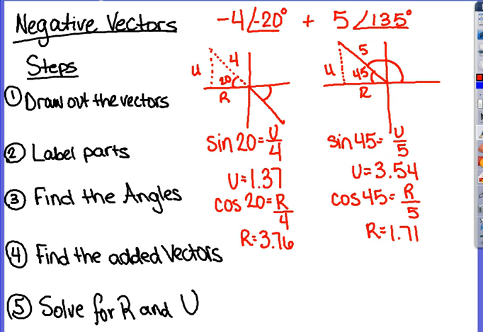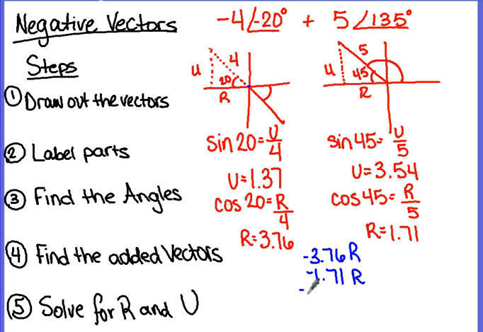Now we need to talk about adding our vectors. Remember, R comes before U. We do it in alphabetical order. So let's start with our R values first. Our first R value is 3.76, but keep in mind that it is negative because it's on the negative axis. So we have negative 3.76, and we're adding that to negative 1.71. Again, that R value is on the negative axis. So if we add those together, our new R value is going to be,